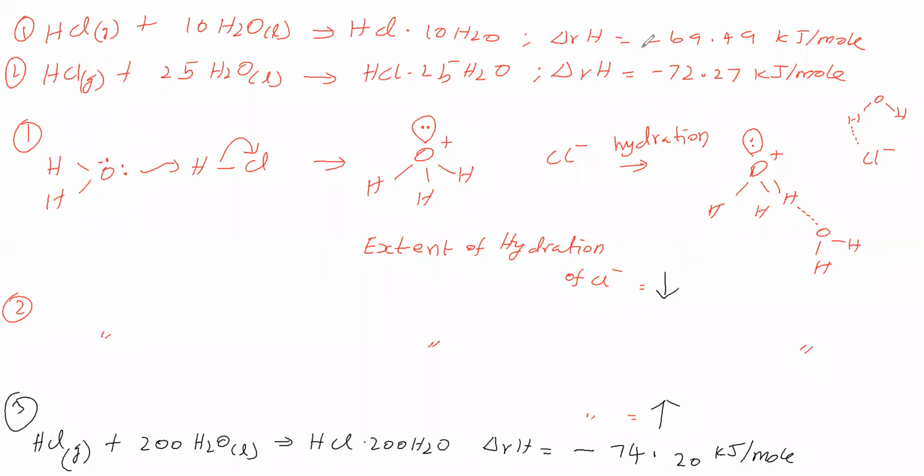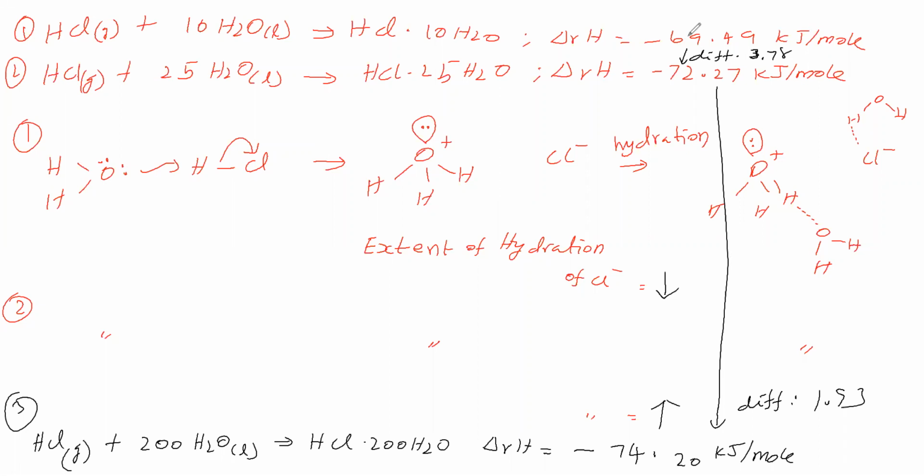Like this, now we will see here. In the first case, the amount of heat involved is 69.49. Second case, 72.27. What is the difference here? That we will see. Here 17 minus 9, 8; 11 minus 4, therefore 7; 11 minus 9, 3. This much is the difference. Second case and third case difference we'll see. Here 10 minus 7, 3; 11 minus 2, 9; 3 minus 2, 1.